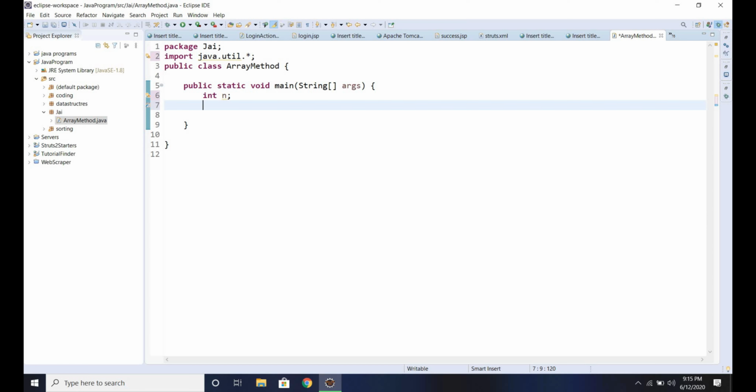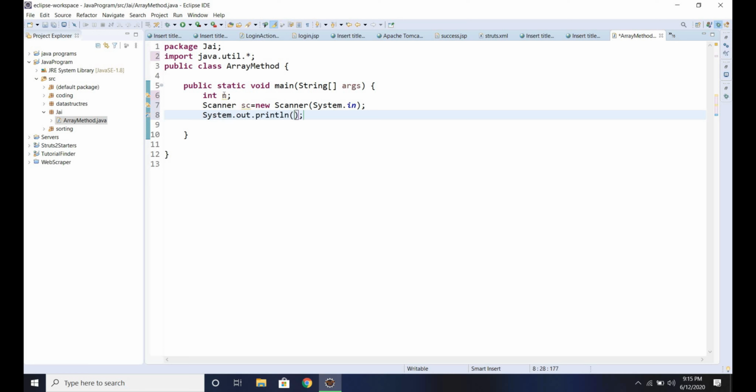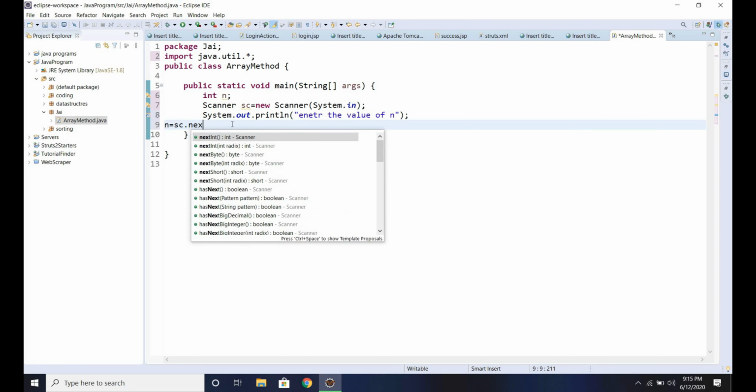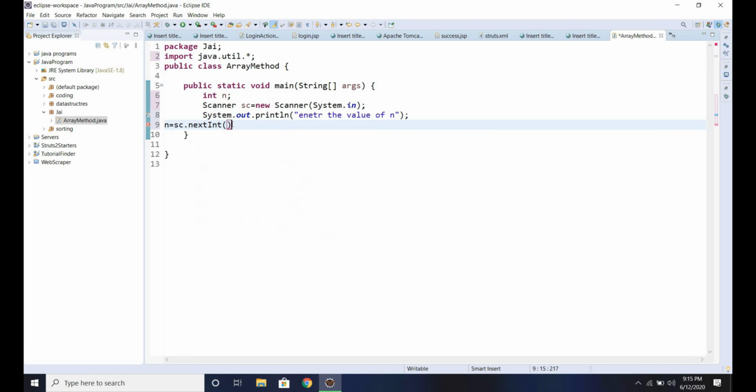After that, to take input from user, we will write Scanner sc = new Scanner(System.in). This is the Scanner class to take input, and next we will write a print statement: enter the value of n. So next, n = sc.nextInt().